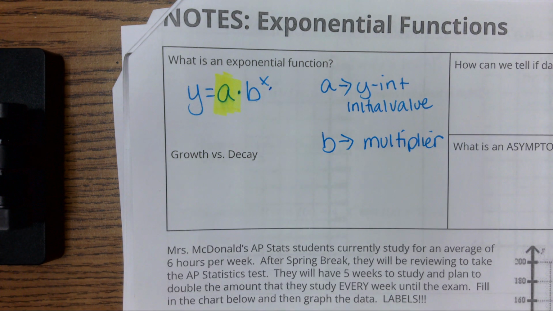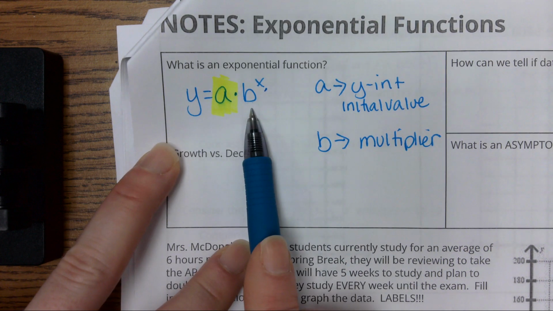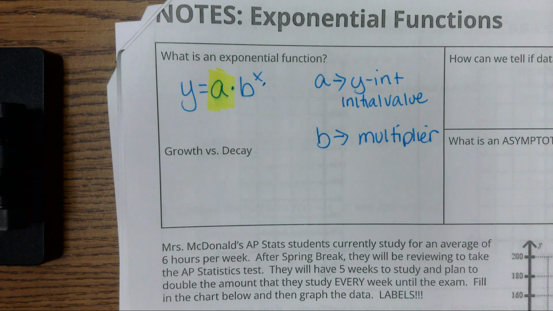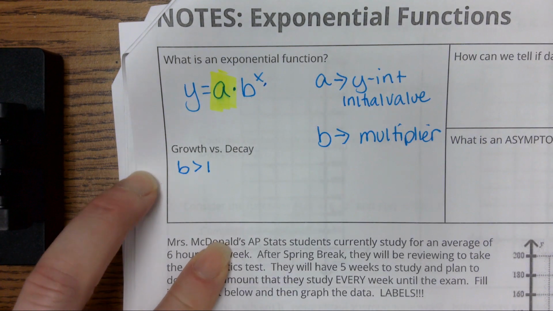This is kind of common sense. What would happen if you multiplied by 1 over and over and over? It would stay the same. So you're never going to see an exponential function where b is 1. What if something was bigger than 1? What would happen if I multiplied by 3 over and over and over? Would those values go up or down? They would go up. So when b is greater than 1, when you're multiplying by numbers greater than 1,